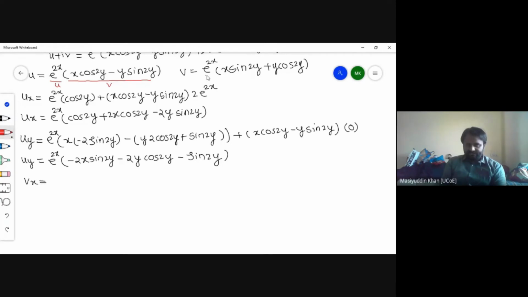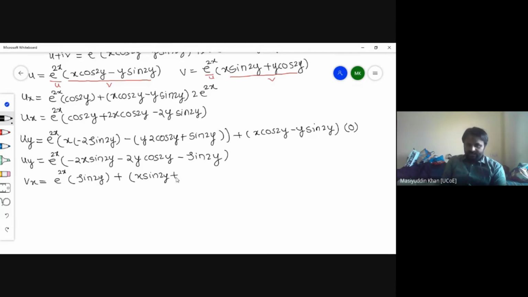So again, this is my u and this is my v. Again, you have to use the product rule. So u, e raised to 2x as it is, derivative of this part with respect to x. So derivative of x will become 1, sin 2y as it is. So you will get sin 2y plus the whole v as it is, you write x into sin of 2y